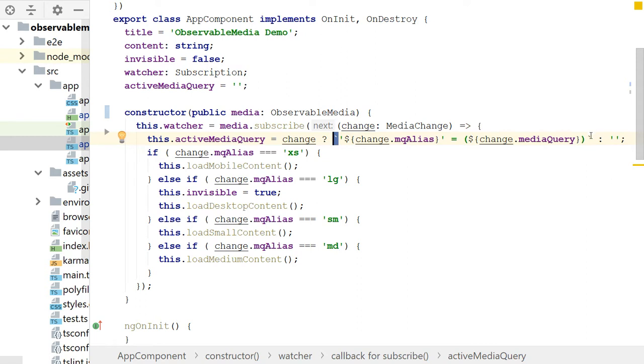Well, it's just a backtick. It allows you to show a dynamic string, and basically inside of that I have these $ left parens, which can only be used inside the backtick, and those evaluate the real-time value of the change.mq alias or update it. In this case, this whole line, what it's doing is when there is a change,